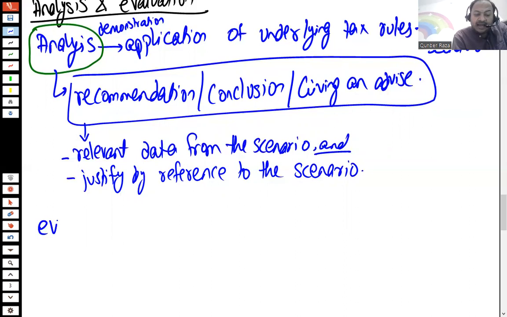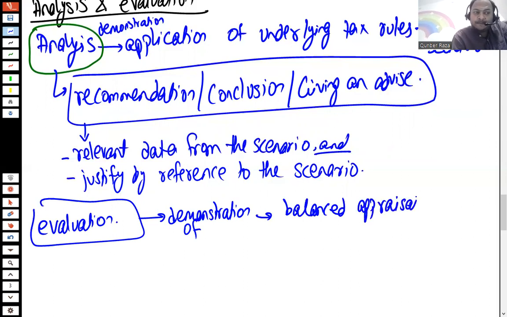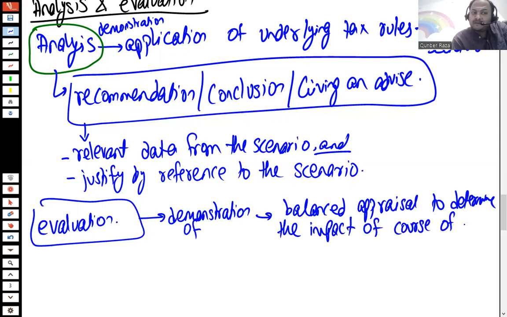The second skill is about evaluation. Evaluation is basically demonstration of a balanced appraisal to determine the impact of a course of action. Again, that's not very difficult, or it's a very close line to differentiate between analysis and evaluation. But if someone asks me to evaluate it,